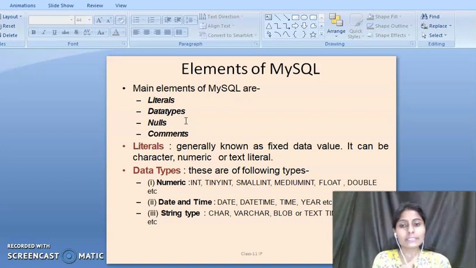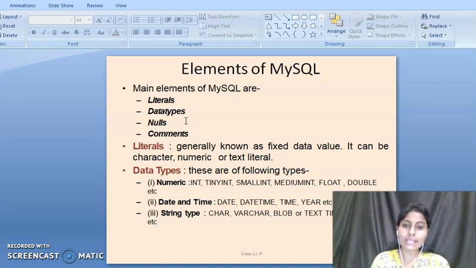Okay, now after that we will discuss the data type. So before defining the table structure, we have to define the column data type. And what is the data type? What type of information does a column contain? So the data type of the column tells us which type of value this column contains in itself.